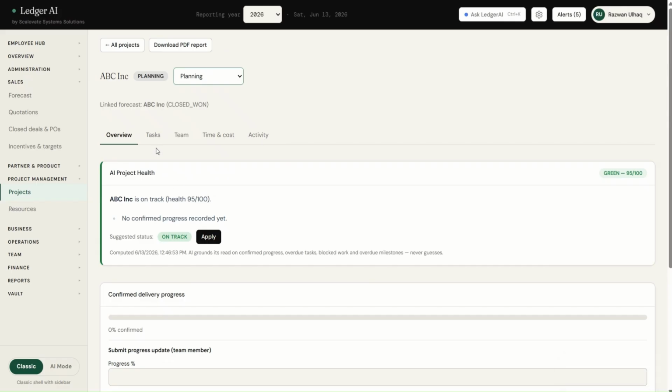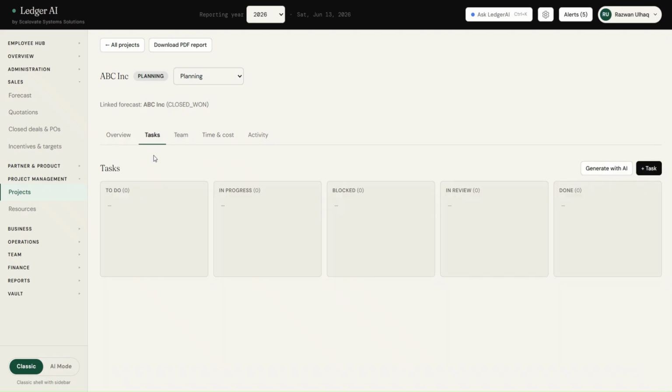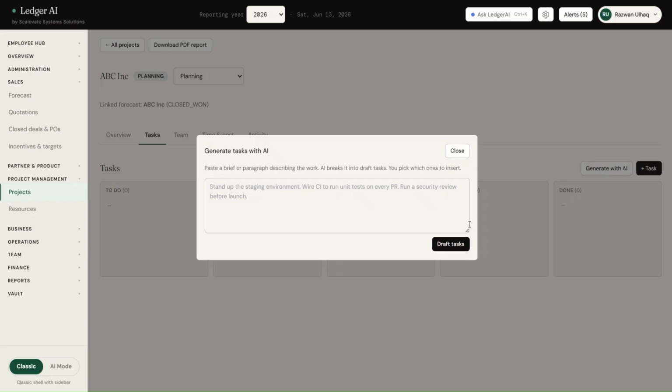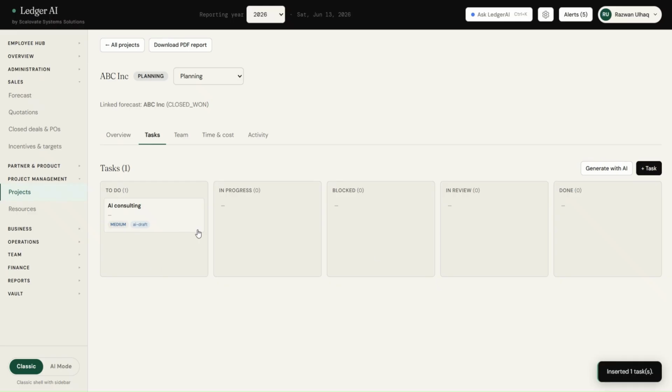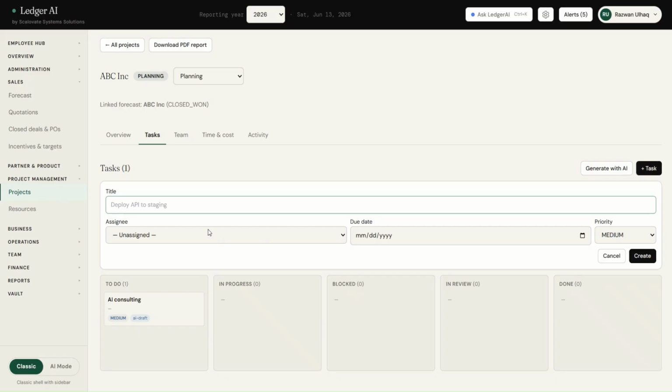And we are in the planning mode, and you can assign the tasks. You can either generate the tasks with AI. So draft tasks. Okay. AI consulting, and let's say AI should be able to draft a few tasks inside one task. So that task is already there. Then you can add a new task, if you want,